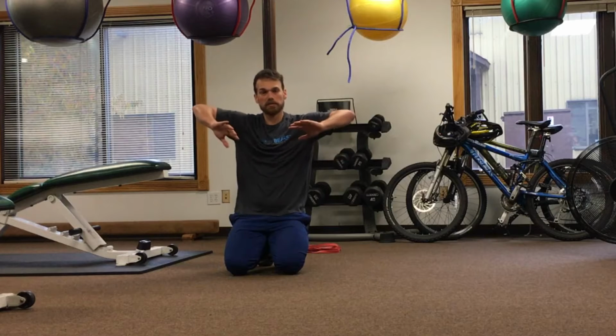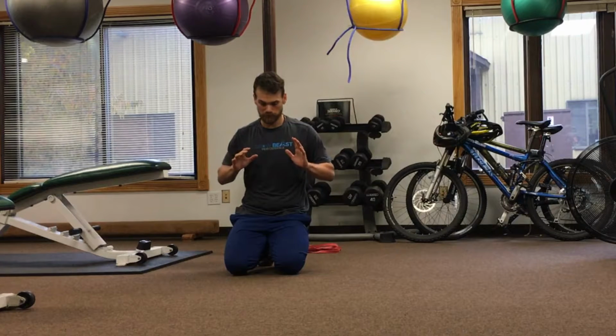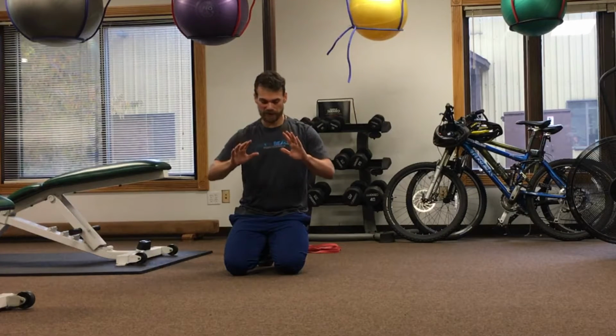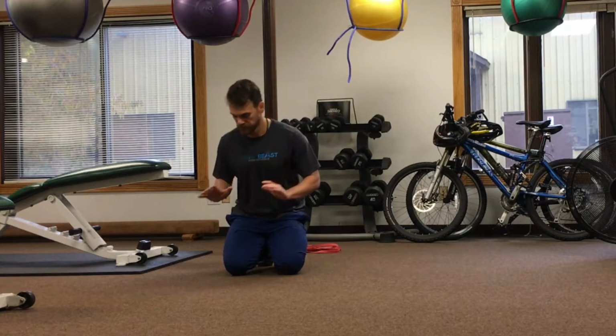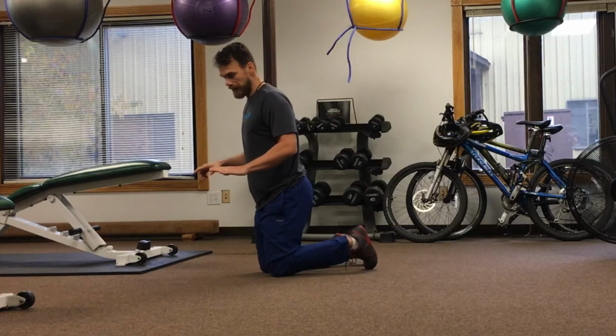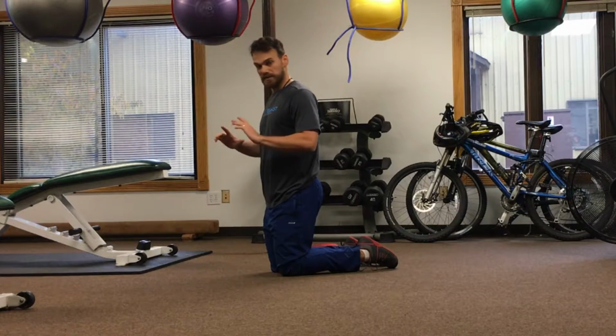I don't want to be elbows flared out to the outside, and I don't want to have my elbows tucked in tight to me. We want to think about that position that we would use if we're going to throw a ball. If we're going to throw a chest pass, we would have our elbows slightly away from our sides, and this is pretty much the motion that we want to go through when we're making a push-up position. We can also think about our hands and our nose creating a triangle,